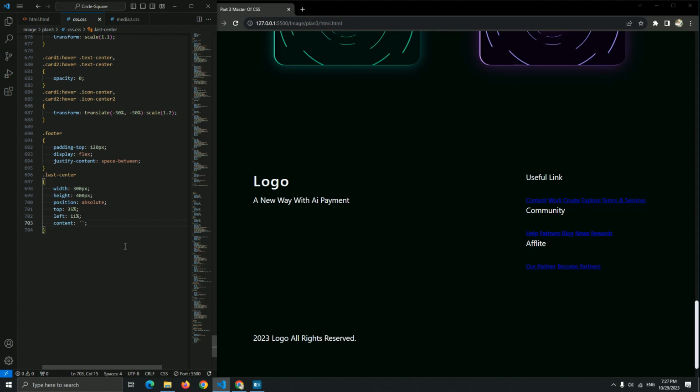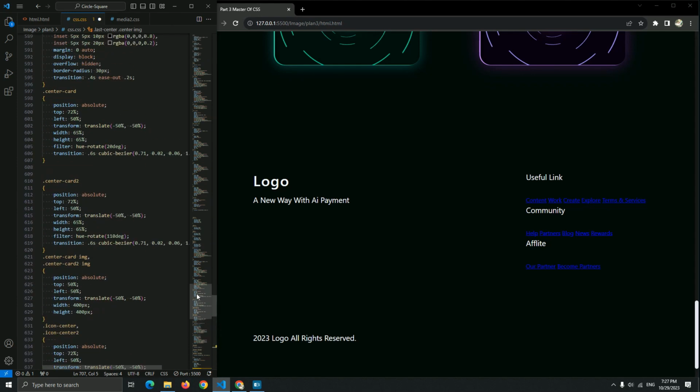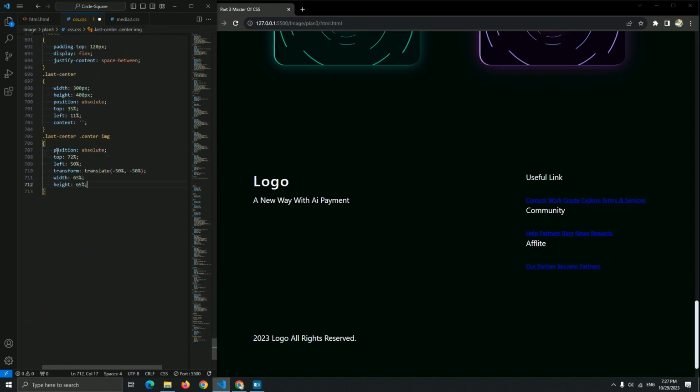Yep. And now for the last center of this center image, let me just copy paste it here, last center of this center image, and let me copy this and paste it here.